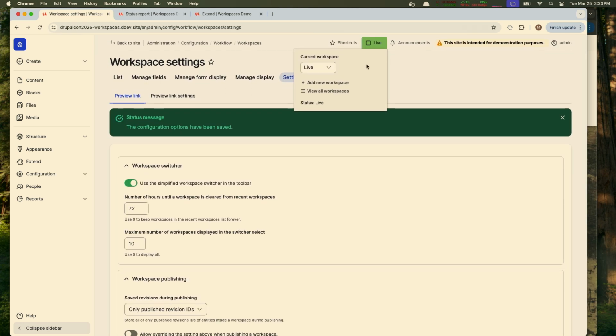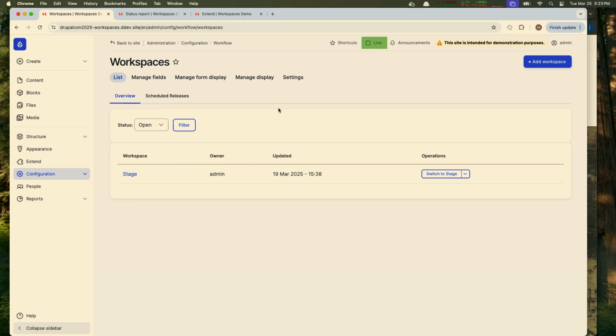Okay, from the top, let's jump around and look at our workspaces, what we have. If I click and view all workspaces, this is my single Stage workspace. Again, this was created from enabling the Workspaces module, and I'm currently acting in the live workspace. So at this toolbar at the top, the active space is what I'm working in now. So live, this is as if I was normally logged into Drupal in the administrative backend, toggling around the site